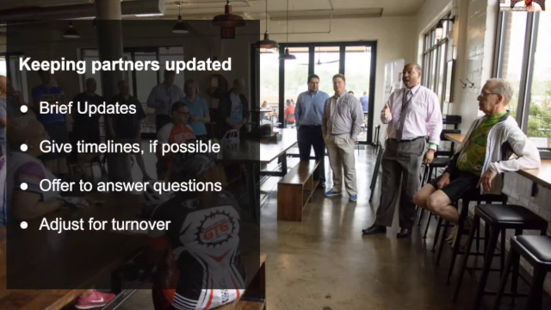Especially if it's a policy, you can likely figure out when it will be considered by finding and following it on an agenda. Be sure to relay this to partners as soon as you know concrete information you can share. Offer to answer questions. Even if a partner is on board with being a part of your coalition, that doesn't mean they won't have questions from time to time.